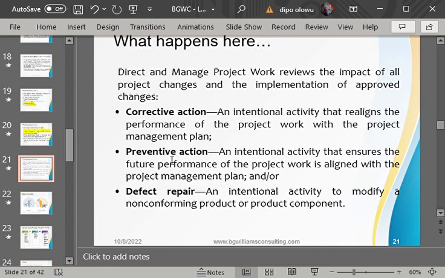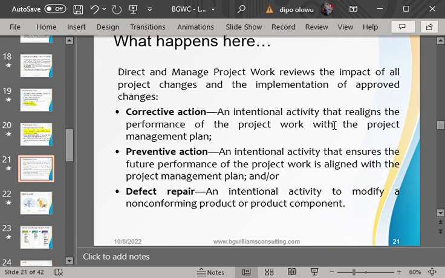He takes a corrective action. Why is he taking a corrective action? Because he doesn't want that error to repeat in the nearest future or in subsequent project work. So take note, that then shows that he can take what? Corrective action.